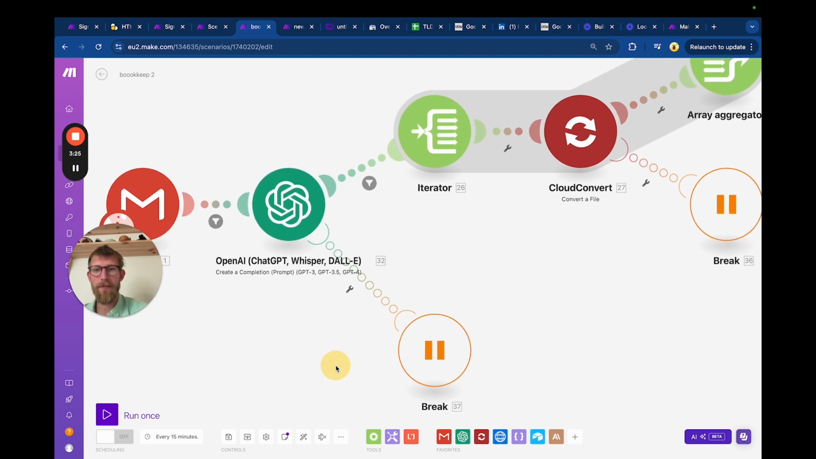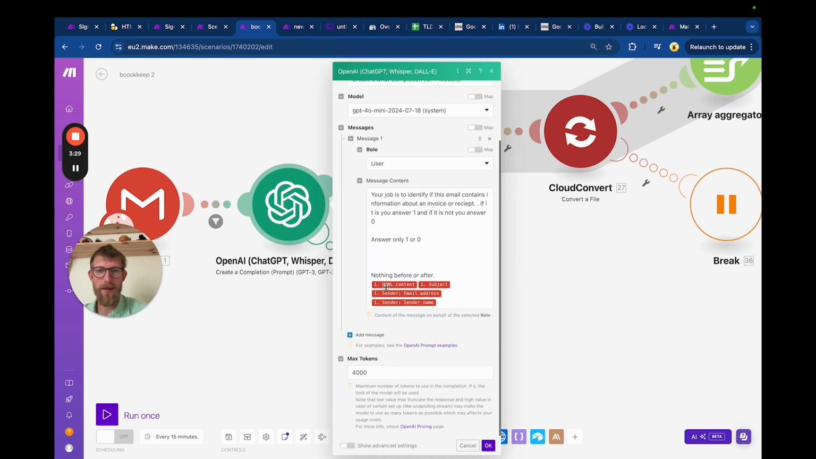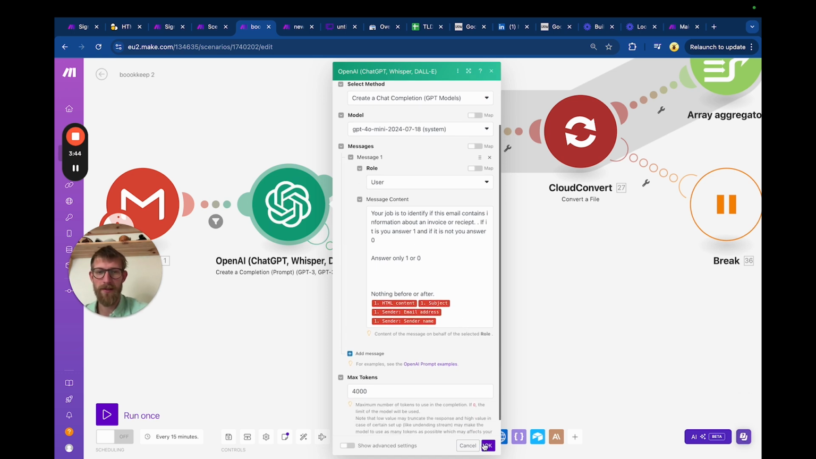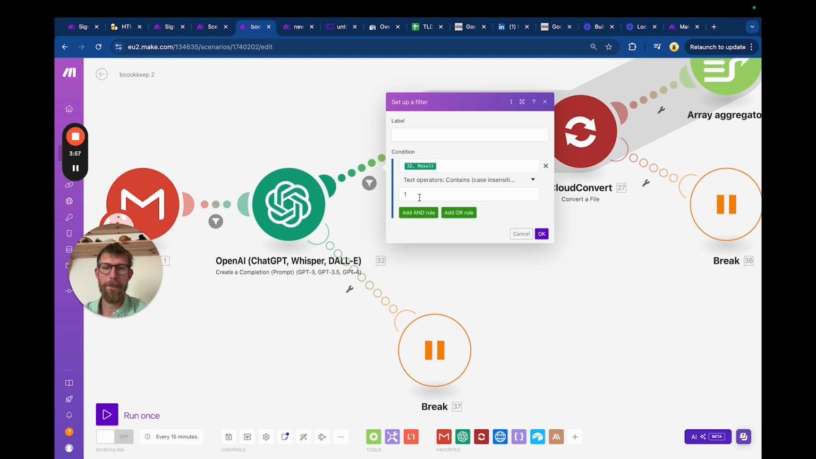And then we will give the content of the email, the subject, and the sender name in a list here, and we'll ask it, is this a receipt or is it not? Just answer 1 or 0. 1 if it is, and 0 if it's not. And then we'll have a filter here, and if it is 1, then we will go through